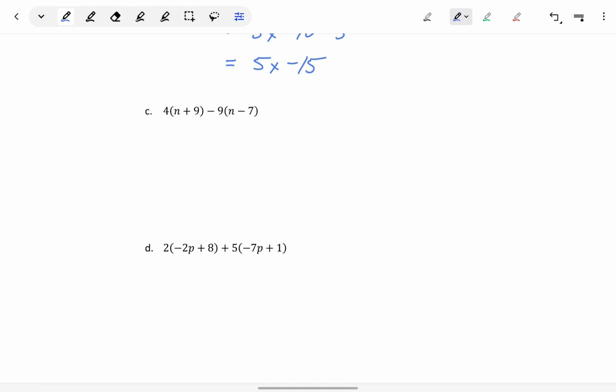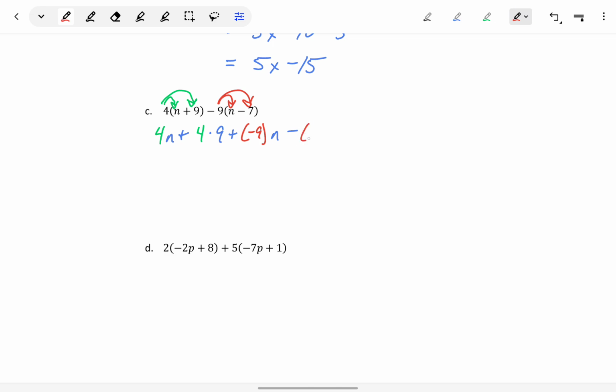In part C, now we have 2 distributive steps to take care of. So first we'll take 4 and distribute that through the first set of parentheses. Then we'll take -9 and distribute that through the second set of parentheses. This will give us 4 times n plus 4 times 9, and we're going to write this as plus -9. So I'm going to look at it as distributing that -9 through the set of parentheses